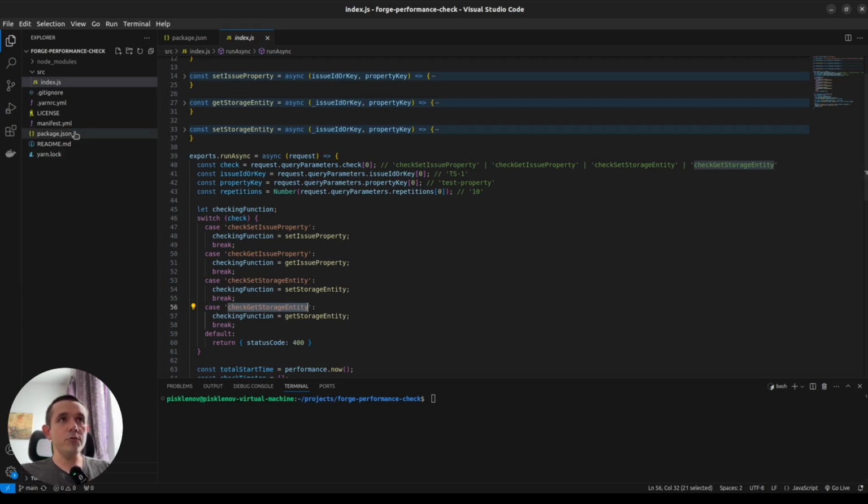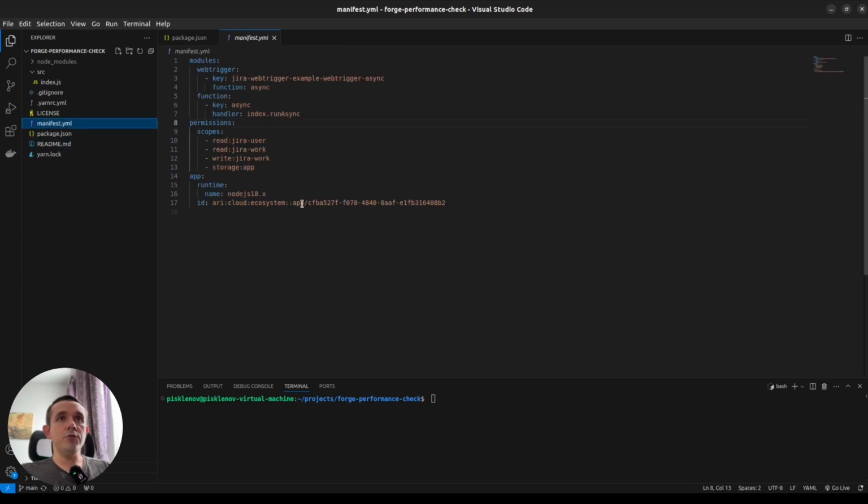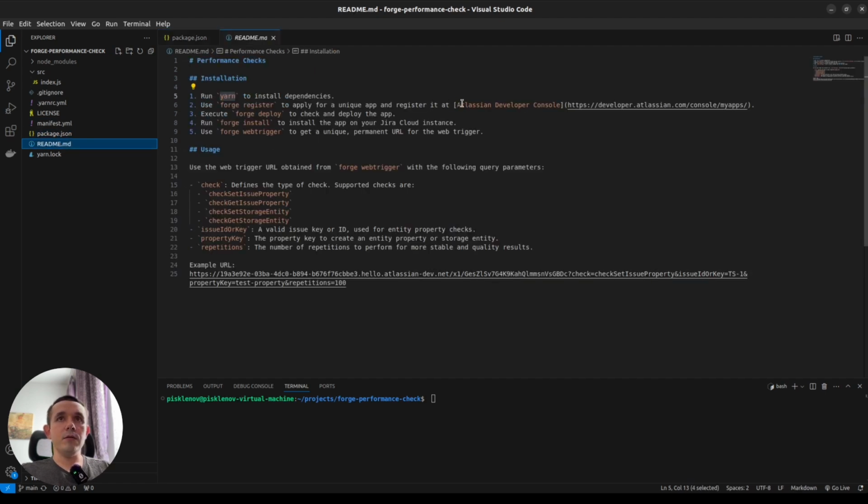To start, what you need to do, I've explained here in the README file. You need to install all the dependencies, register the app with forge register, so it will generate a new unique ID here and make the app available in your development console. Then you need to deploy it and install it to your cloud instance. All these steps are pretty self-explanatory, and I've already discussed them in the previous videos, so just watch one of the previous videos. The most important step is here, Forge web trigger, because this step allows us, let's type it, forge,